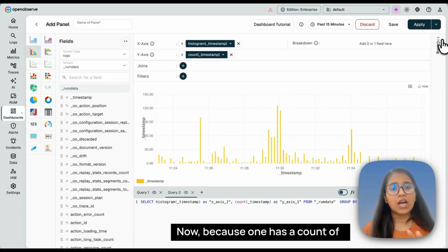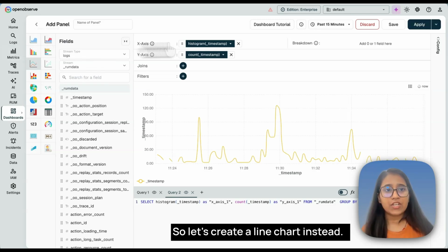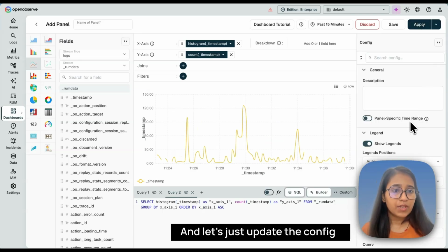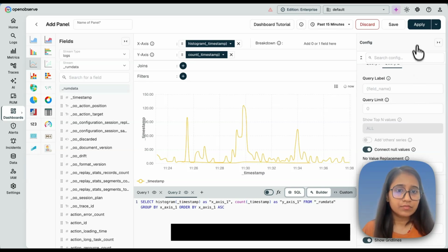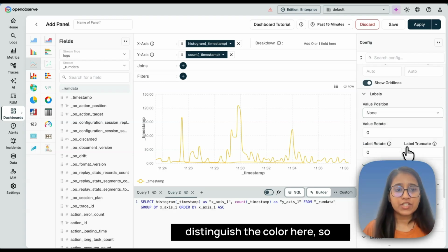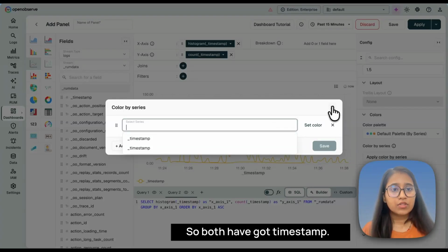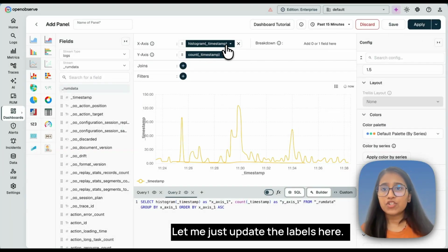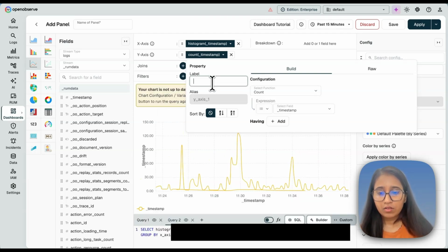Now because one has the count of values from 3 to 4 and this has data around 100, let's create a line chart instead, and let's update the config to connect all the null values. We are also not able to distinguish the colors here, so let's apply color by series. Both have timestamp. Let me update the labels here. One, okay, this is RUM data count,